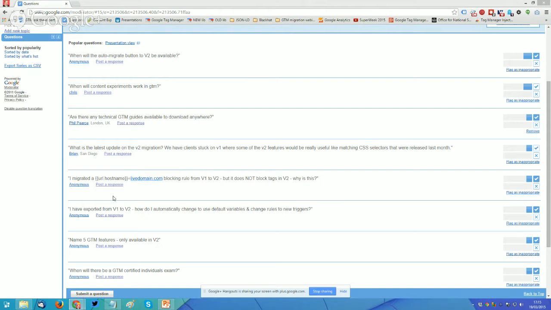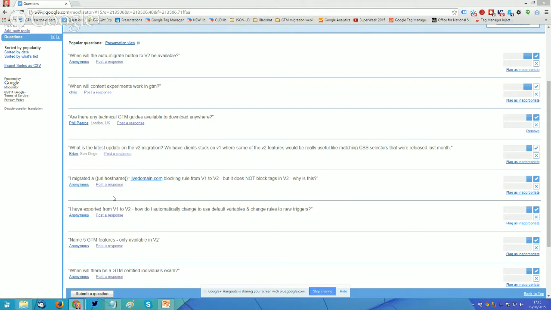Why is this? So what this means is that when you're setting up an account, you may want to add a rule to prevent a tag from firing on a live server. So it just means you're testing it in dev, or you're testing it when debug mode is set to true, where you've got the little pop-up pane that's visible. So the very slight difference between V1 and V2, if you're configuring these manually, is that the V1 interface for blocking rules,